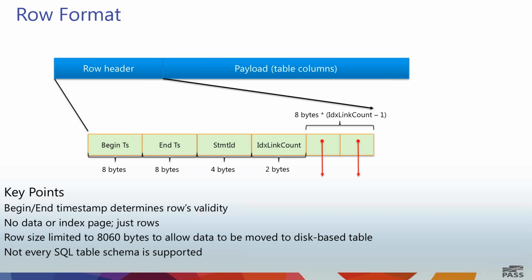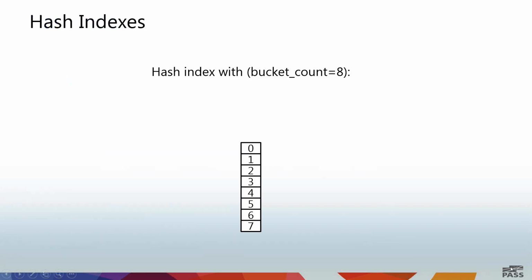So a hash index, the way the index structure looks like, is just essentially a hash table. It is an array of index pointers, and we think of these as the buckets. So what you do in order to figure out in which bucket to look for your row is you hash the index key. This will tell you which entry you have in the hash table, and from there you go to your row. So each of these buckets will contain a pointer to the first row in that bucket.